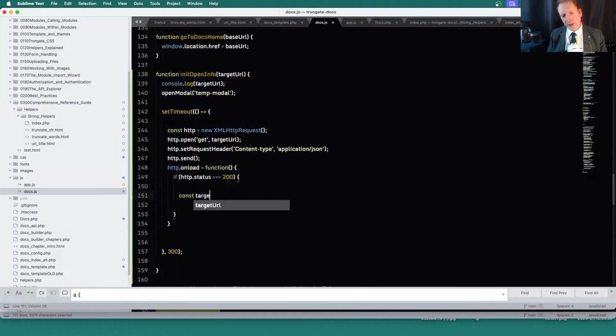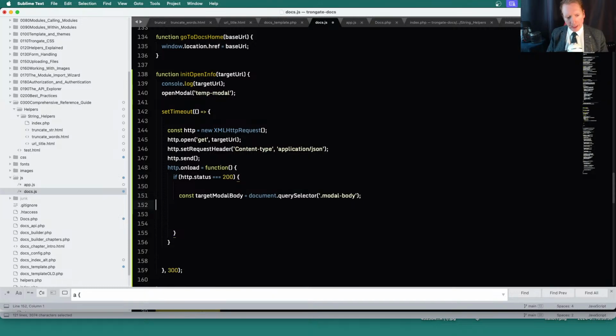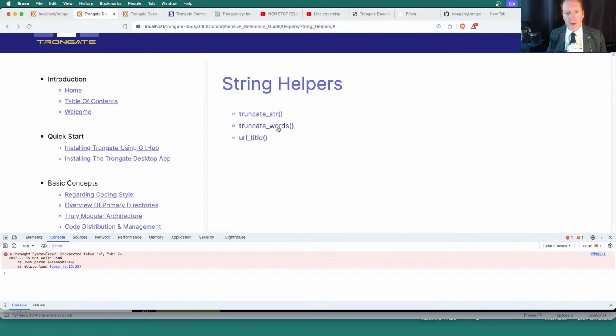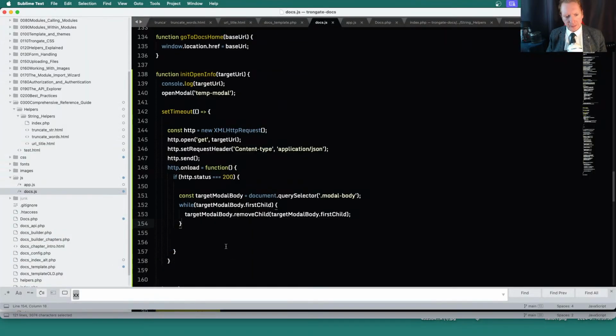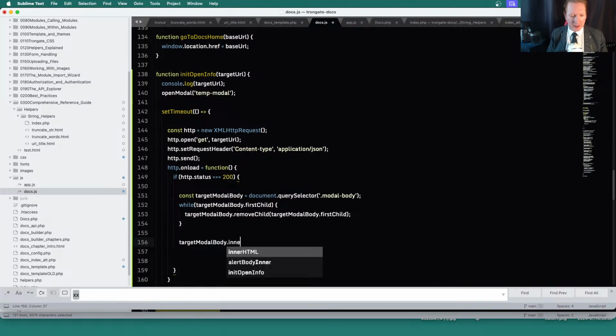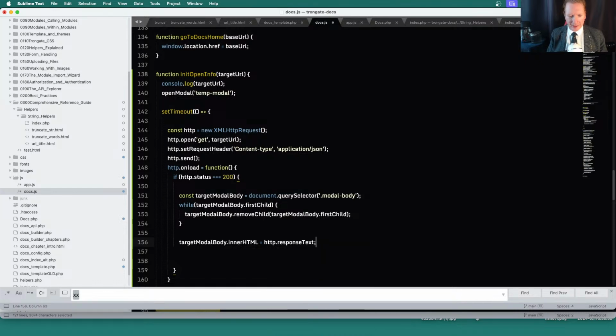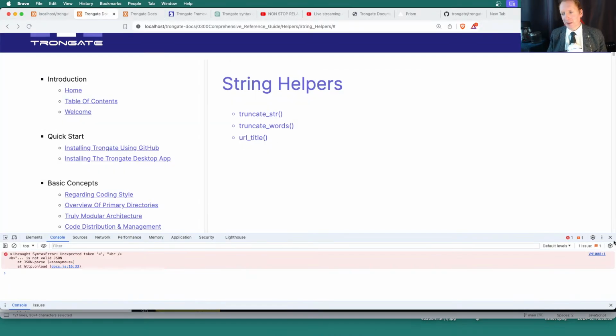We're going to say const target modal body is document query selector of modal body. I'm going to empty the modal body with a little while loop here. So that is going to remove the spinner. See how it disappeared? And then we're going to say target modal body inner HTML is HTTP response text. So now if we go like this,